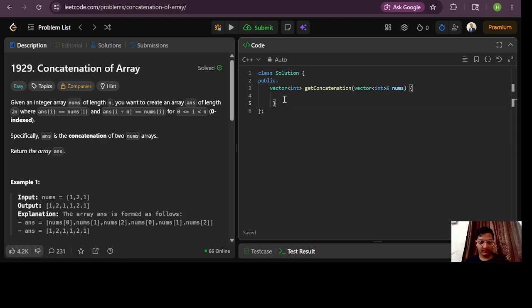Okay, so first of all we'll create a vector of integer type named answer equals to nums. This will give us a 1, 2, 1 array. Okay,